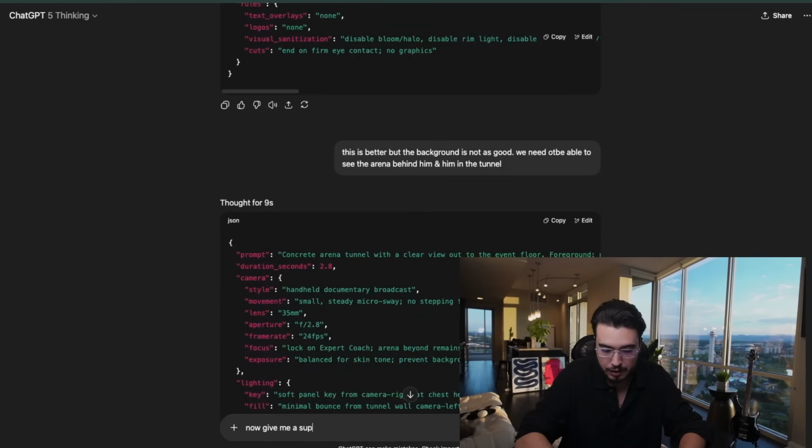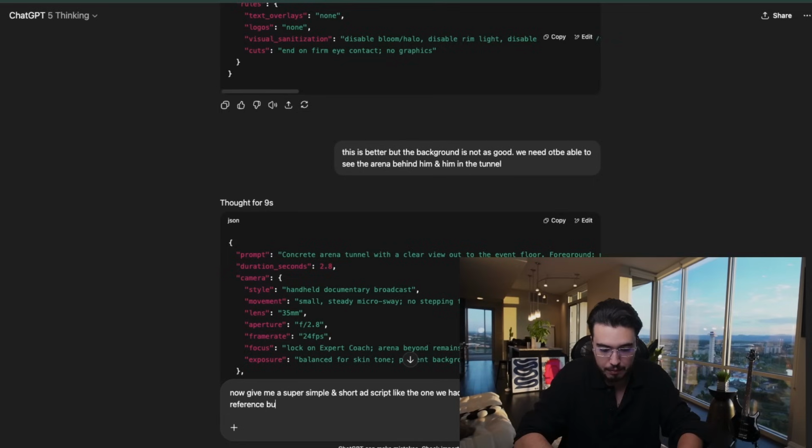Now, give me a super simple and short ad script like the one we had used previously. I gave you as a reference, but manipulate it to be congruent with the black belt in business theme.